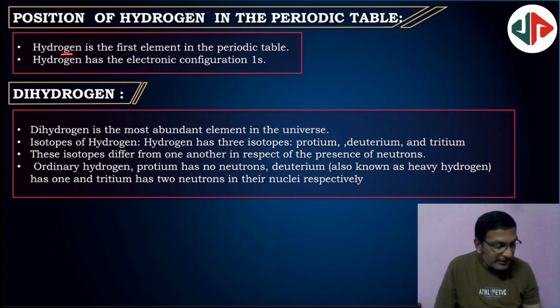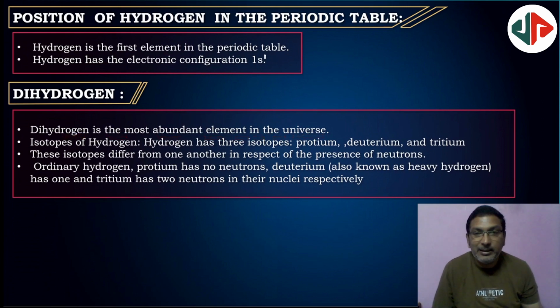So hydrogen is the first element of the modern periodic table, and hydrogen has the electronic configuration 1s1. So only one electron in valence shell. Next, dihydrogen is the most abundant element in the universe. Dihydrogen, in some nuclear reactions,